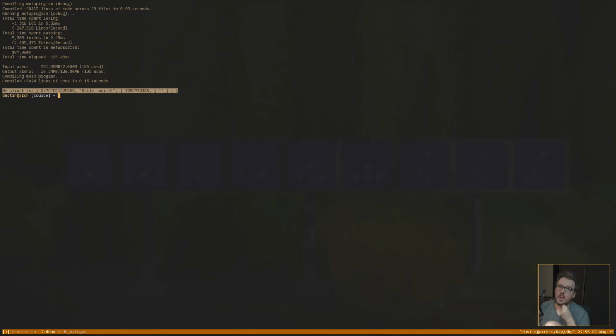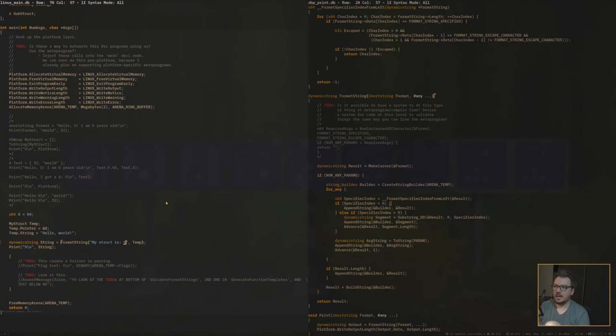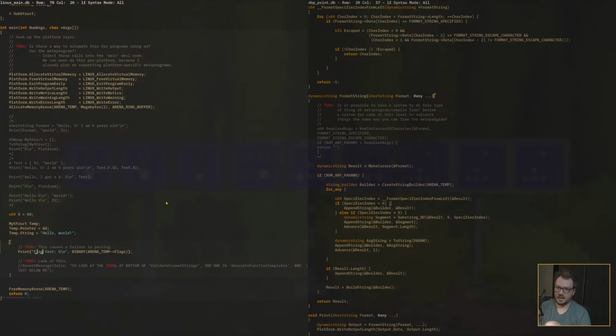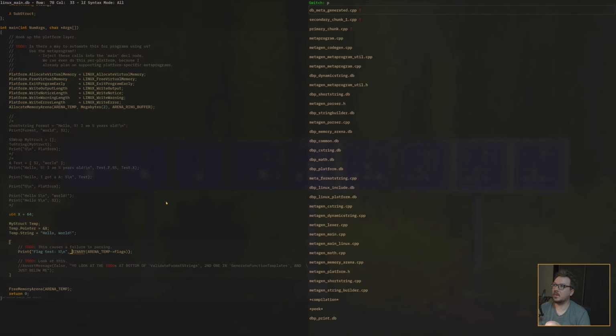I can do whatever I want with this. If I have an in-game console, I can print to that. If I have a text editor and I want to do a format string and show it somewhere, I can use it for that. So yeah, literally just tonight I got this part working where it couldn't resolve the type of what you pass to it, so it couldn't resolve this print